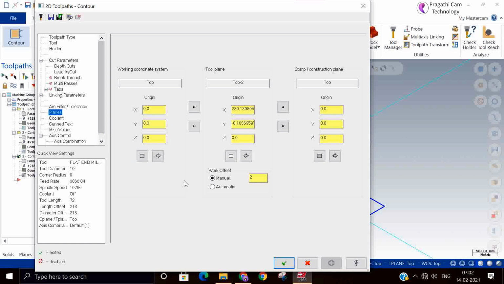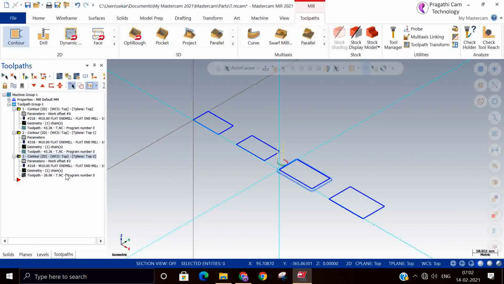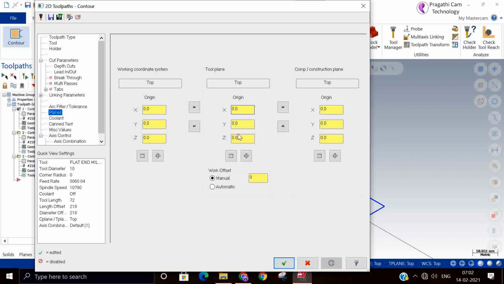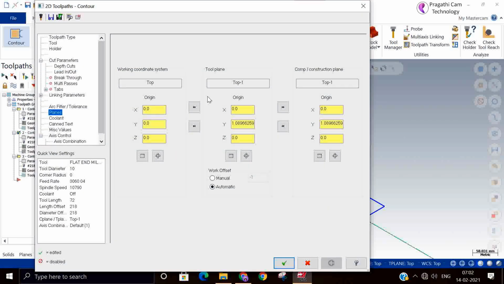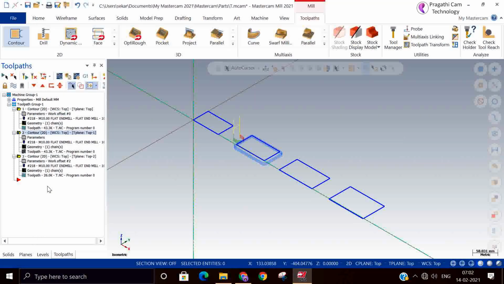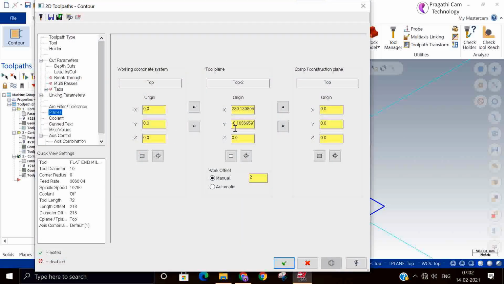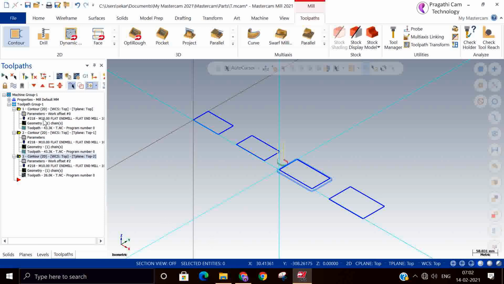We should pick only the tool plane, and the construction plane you can shift. Tool plane is 0, 0. And the next tool plane is shifted only in the Y now. So next is shift. But we should not touch anything in the WCS. Now we can generate and see.